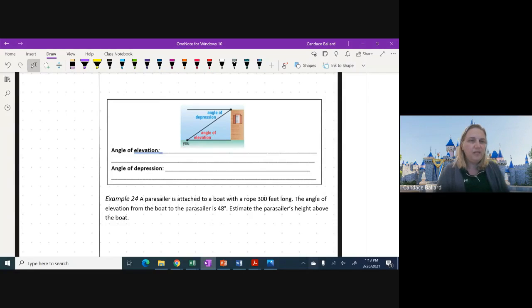So when you go into a building that's multiple stories, like more than your house, okay,